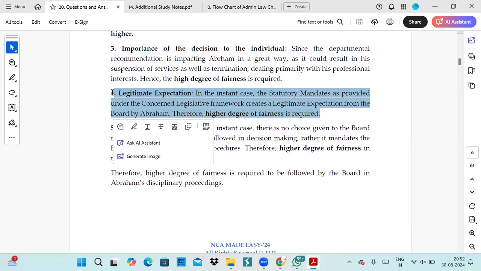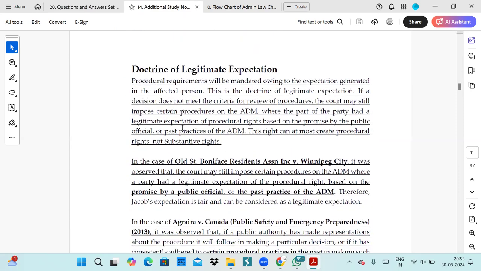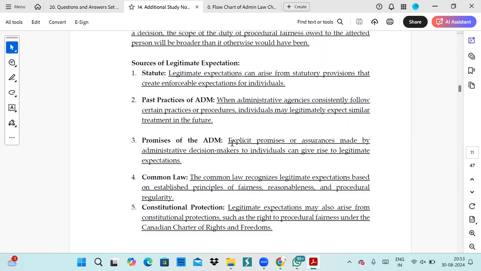legitimate expectation. Sometimes there might be an expectation by way of promise by the ADM, sometimes from the past practices, right? So different ways of legitimate expectations are there. So if you see in the additional notes also, you can see there are different sources of legitimate expectation from where it is, right? So you can see, is the statute telling that this is the procedure that needs to